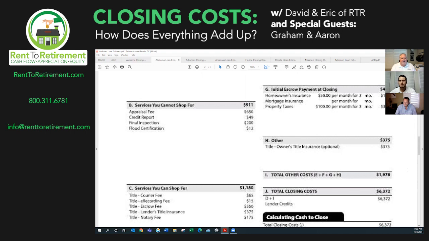Let's talk a little bit about that optional thing. I'm going to refer over here, see where it says lender's title policy in Section C. We as a lender require a title policy as well that actually piggybacks the owner's title policy. If you opt out of the owner's title policy, which would be extremely foolish, we as a lender still have a vested interest.